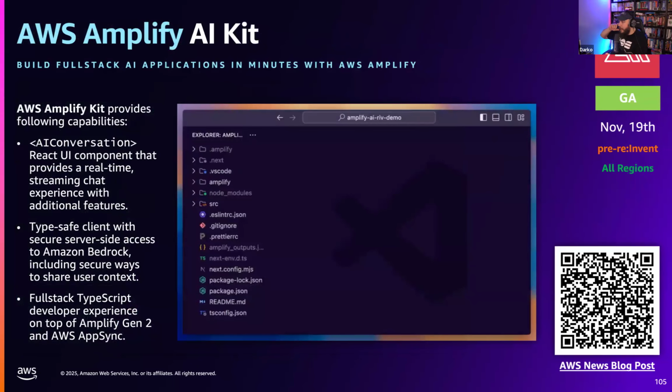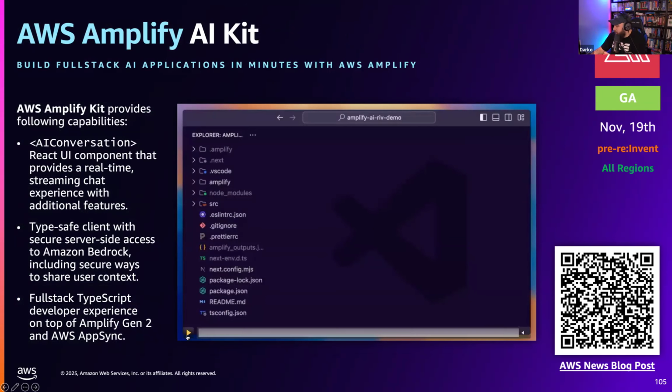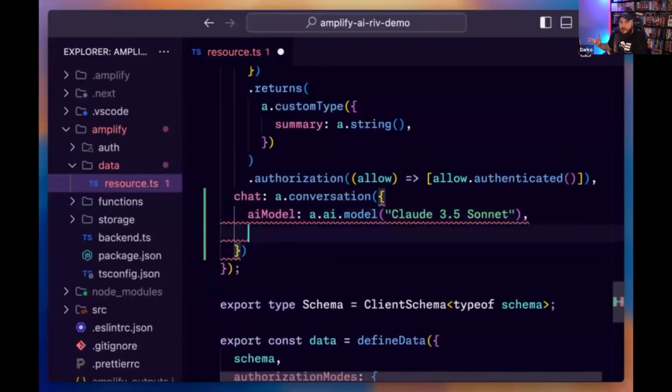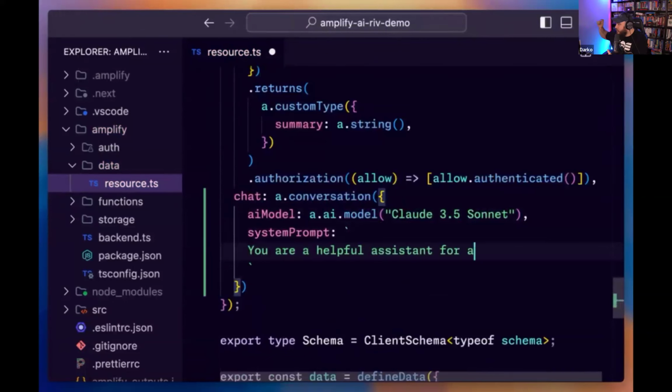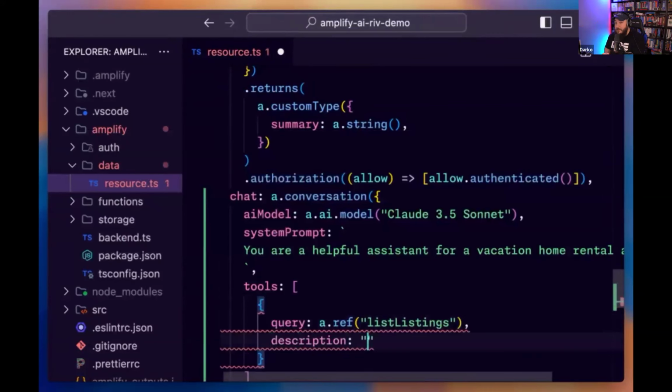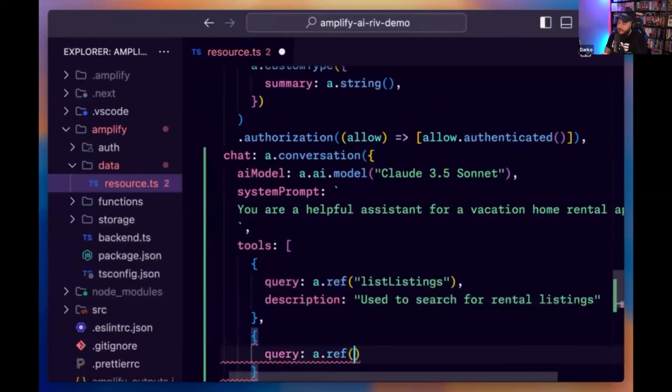Amplify, back to Amplify. Amplify has AI Kit. Amplify has a lot of great features. If you have not tested Amplify in the past, you're missing out. But one of the latest things they've added is something called the Amplify AI Kit. It's an easy way to integrate Amazon Bedrock in a full stack application. Basically, you can just add a little resource and set up a chat integration within a front end application, right? You do all kinds of permissions configurations, and you are setting up a direct integration with Amazon Bedrock inside your full stack application,